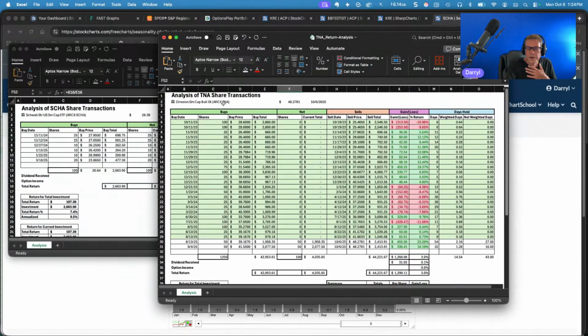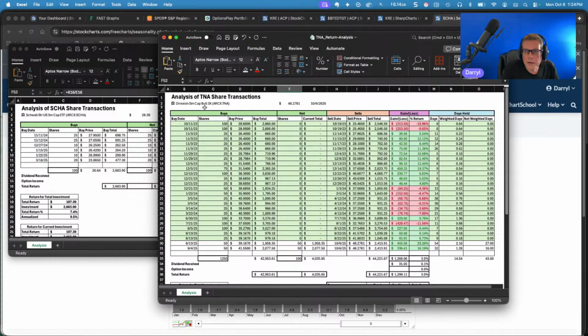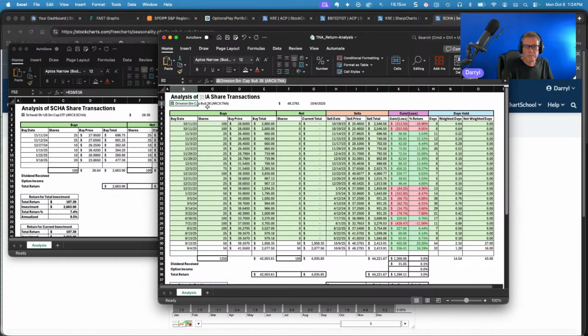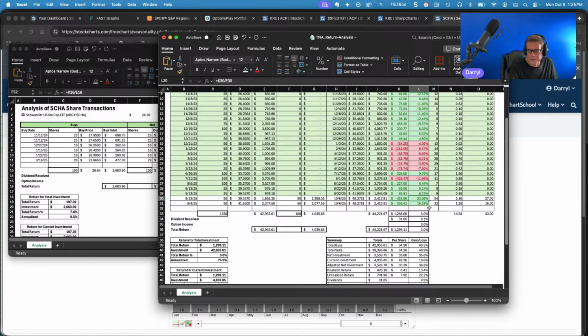Then I had such a high conviction in the small caps doing well that I purchased the Direxion small cap 3X bull. So I'm not buying the options on these. I'm letting this particular manager of this fund do the options trade. So you can outsource this if you can find a bull or a bear leveraged. These are not to be held for long term. So you can see that most of my trades are closed out, but I do have 2 open trades remaining at 100 shares. And I bought these about the same time that I had my conviction that the small cap stocks would do well in a rate reducing environment. But you can see by using leverage that I don't have a 7.5% return, but a 23% return